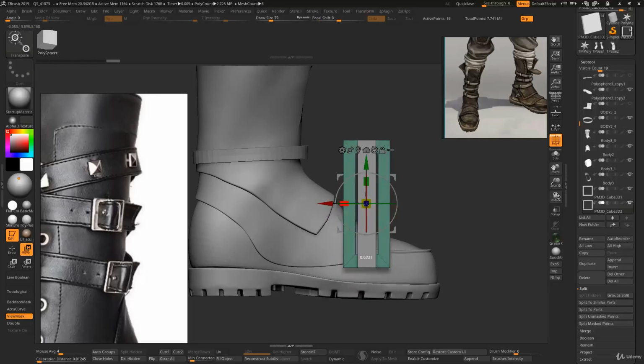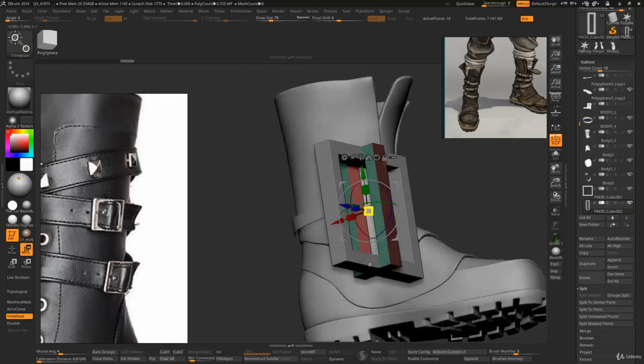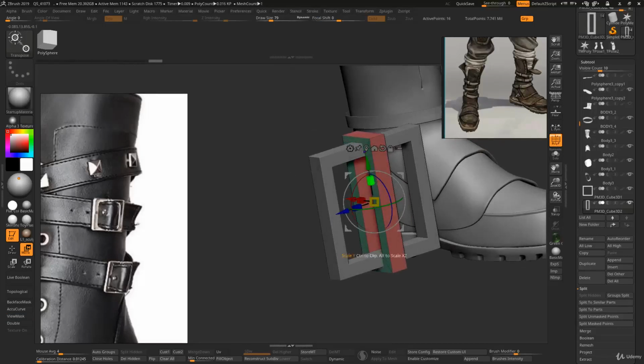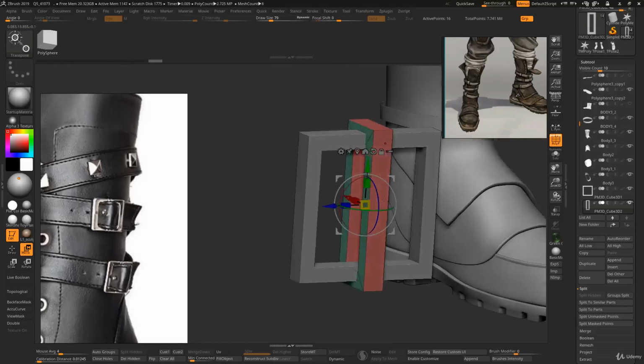Now I'm able to scale just these points right here, you know. I make a mask just to get these points right here. I mask it, then I inverted the mask and I used the scale, right? Okay, so now just making this,